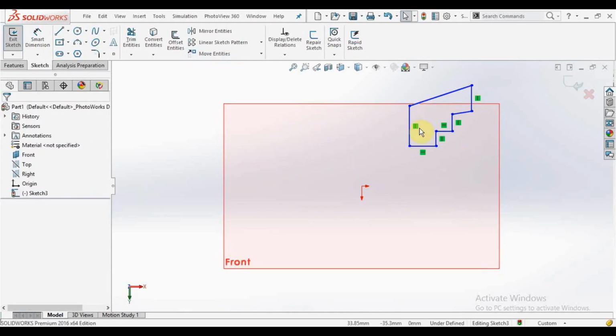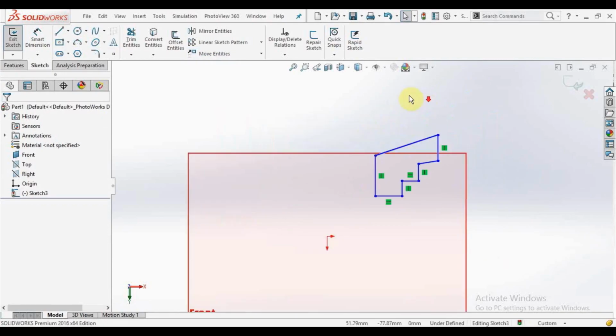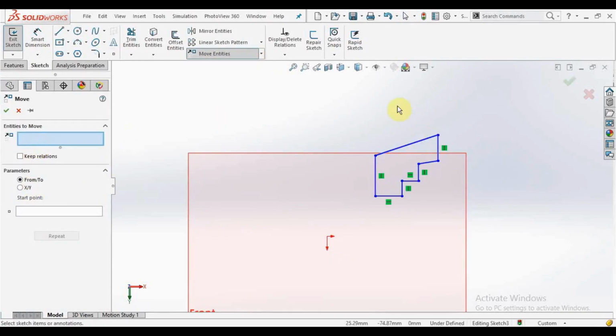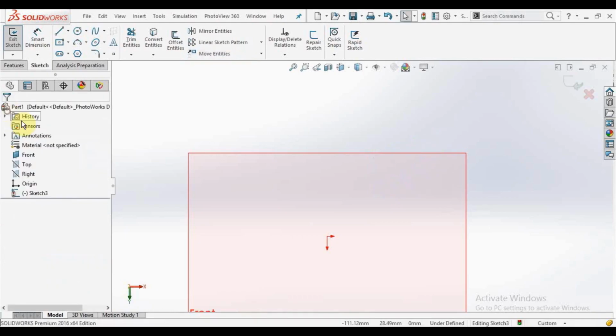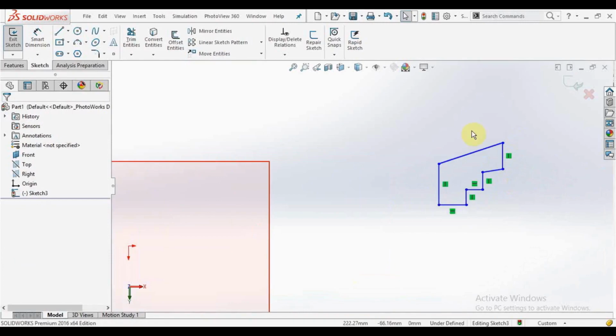Let's say for our move entity, select the sketch, and with XY I want to move our sketch 150 mm in the x direction. Here you can see the x direction is horizontal. Okay, so click on it. So this will create a 150 mm move in the horizontal direction.